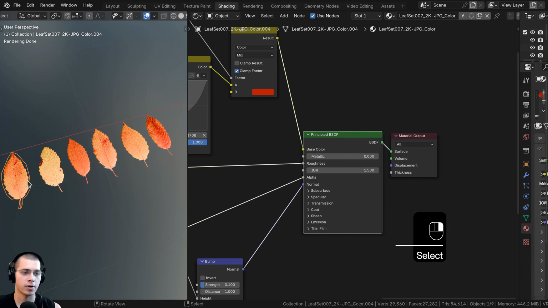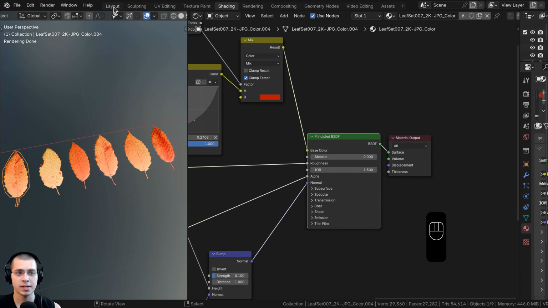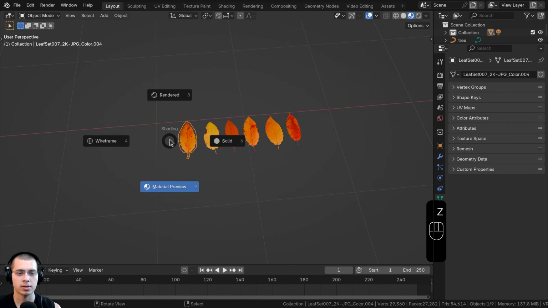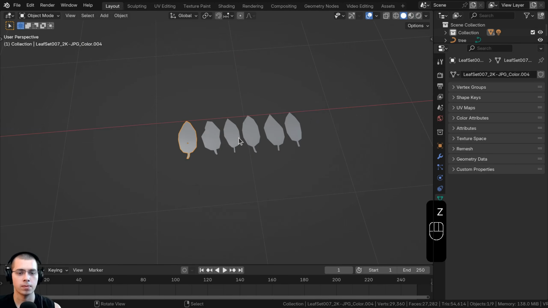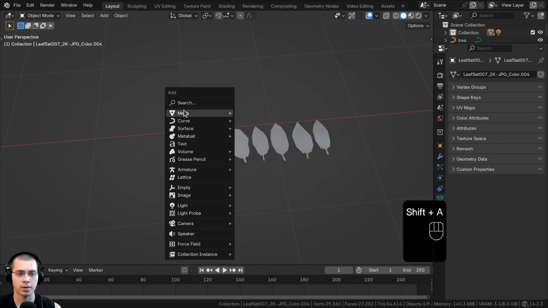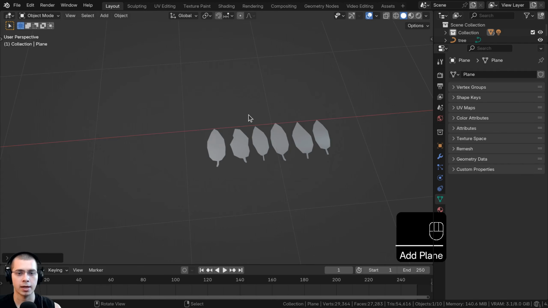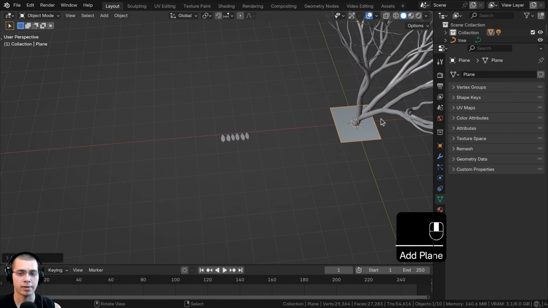and you can see the leaves look just a little bit different and there's some variation. So now let's make the clumps of leaves. So I'll just go back over here to the layout, and I can just go into the solid view, and I'm now going to go to the add menu, and I'm just going to go to mesh, and I'm going to add a plane, and we're going to use this plane to make kind of like a twig or